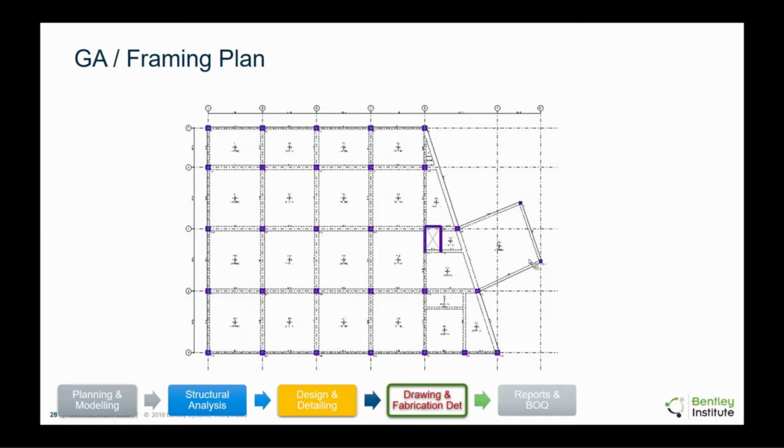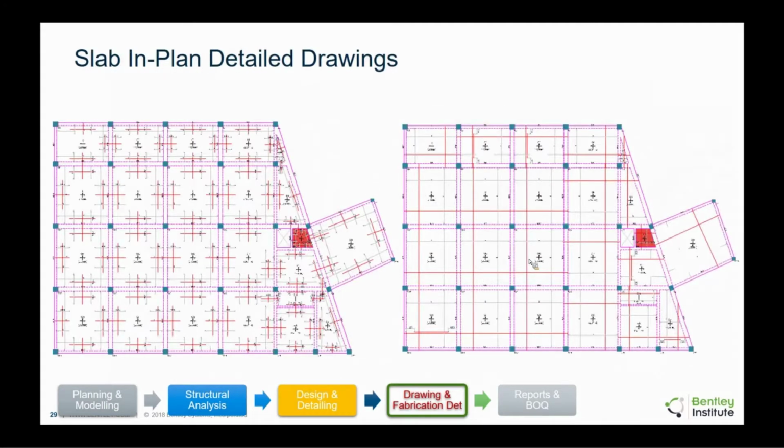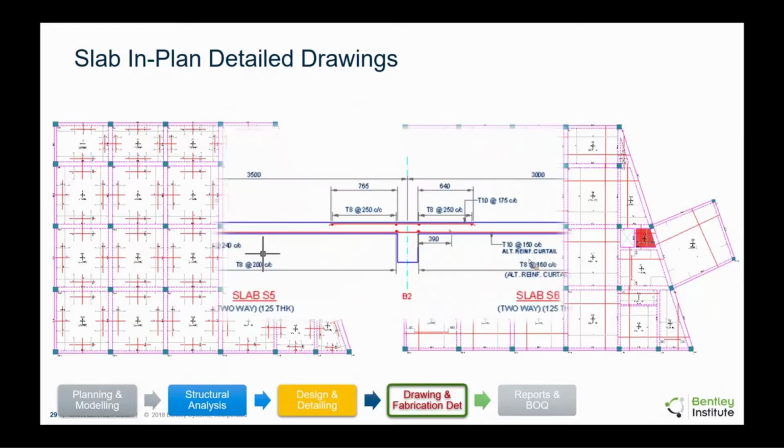The framing plans with your grid lines, your dotted lines, your cutouts, and so on. For slab, the reinforcement in plan. On the left is the support reinforcement, on the right is reinforcement at the bottom. Again, completely automated from your design. Section through the slabs,